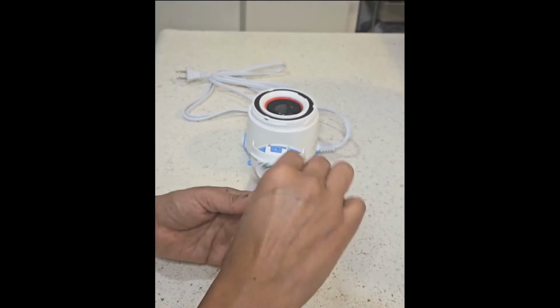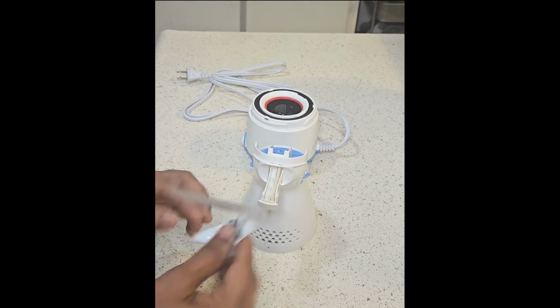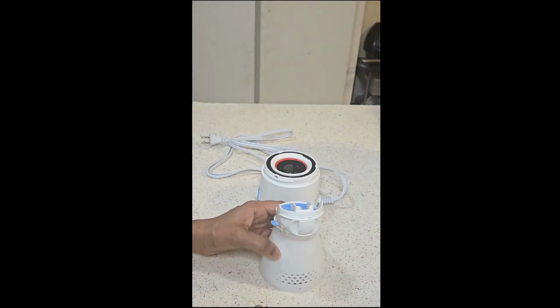Insert Vicks VapoPad with angled end at the front of the tray. Up to 2 scent pads can be inserted, one in each slot of the VapoPad tray. Push VapoPad tray into close. When VapoPad is dried and no longer providing scent,